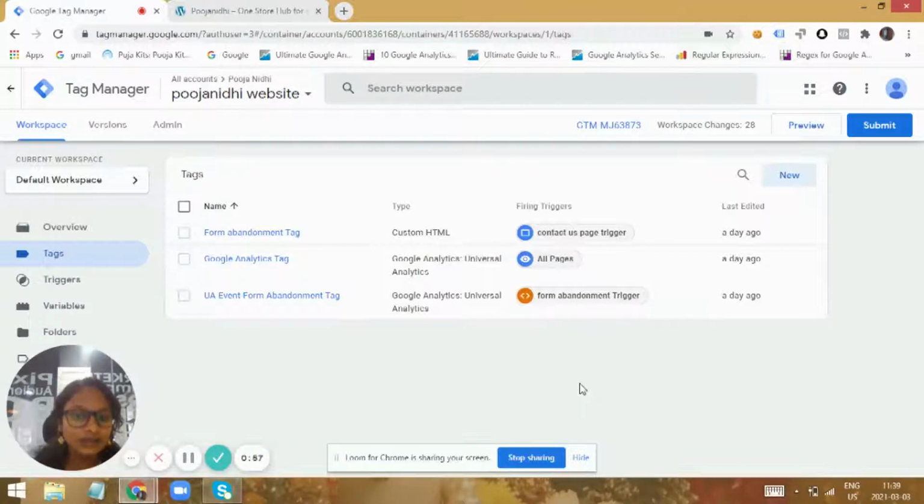We can do that using only Google Tag Manager. For that, you need a lot of knowledge related to JavaScript and coding. JavaScript is very important for tracking any kind of action on your website. The entire website functionality is based upon JavaScript. So in order to make the website work as you want, you need to guide it through JavaScript only, because it is the language that defines the functionality of any website.